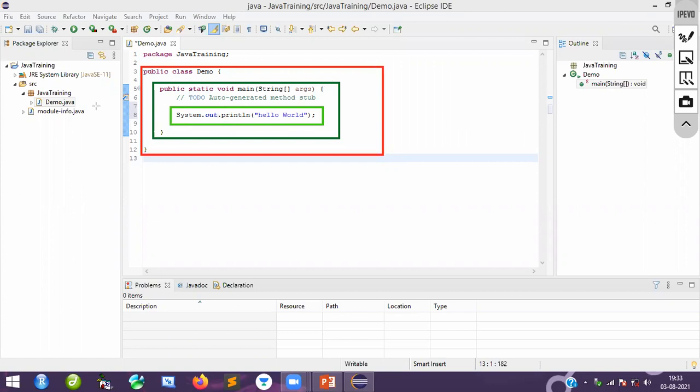A very simple program. Again, that is how to create a project, how to create a package and how to create a class. Naturally we call Java a class language, because without a class you cannot run Java programs. Everyone clear?